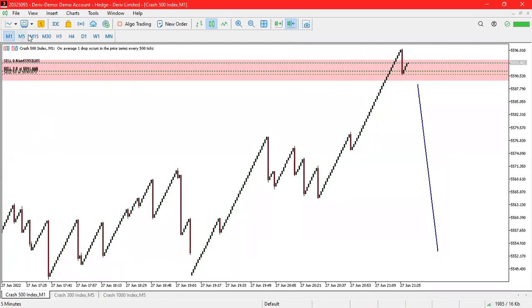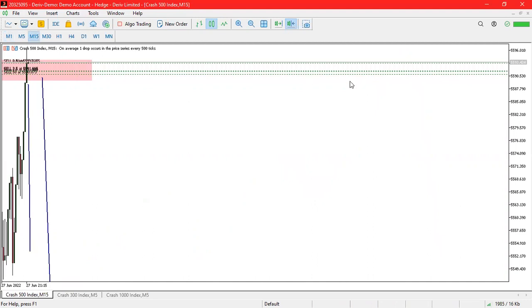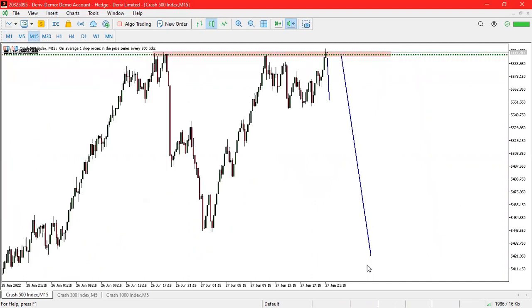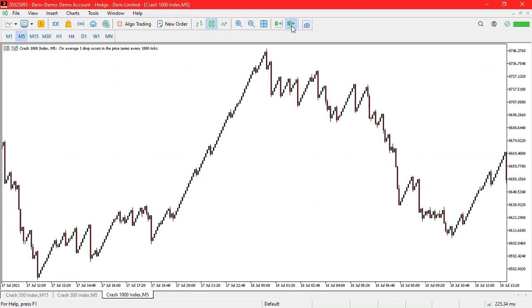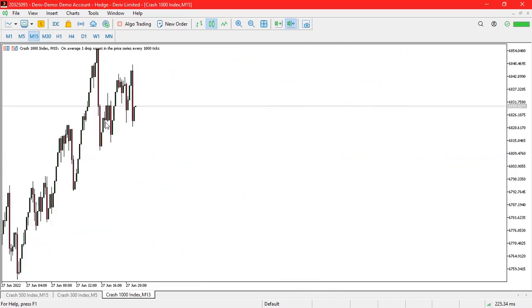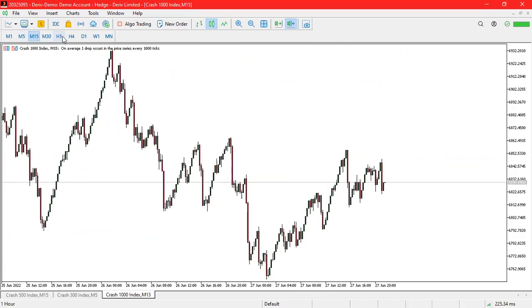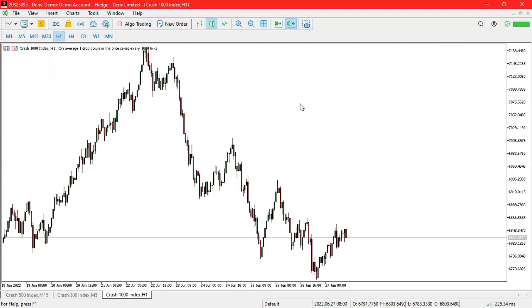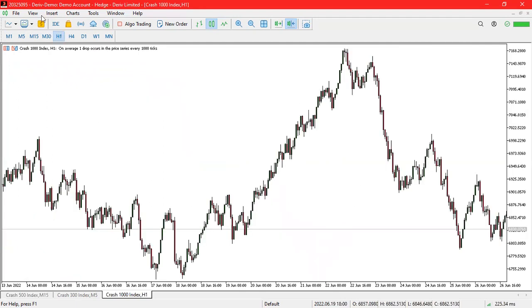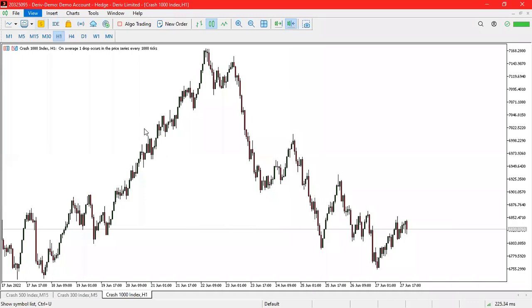Remember how I made this 15 minutes time frame, the bank's liquidity level. Do you understand? So now we can be expecting what? This long-term run. This is Crash 500. Okay, let's check Crash 1K. 15 minutes time frame. Okay, 1 hour. Check the market run. You see, obviously we missed this one because this is currently trending down. So this is the market structure that you have to look for. Always sell crashes, never buy crashes. It's very risky.